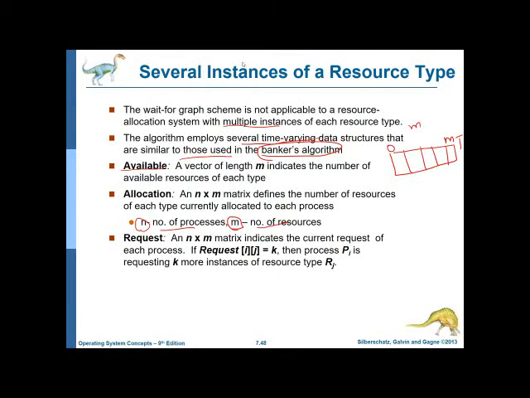That is what we are trying to track here. So how many resources of each kind? If this field represents a resource type, say printer, and there are 5 printers available, we write the number of instances in that first cell. That means for resource type 0, R0, there are 5 instances.